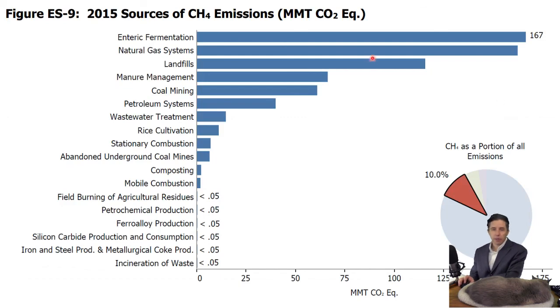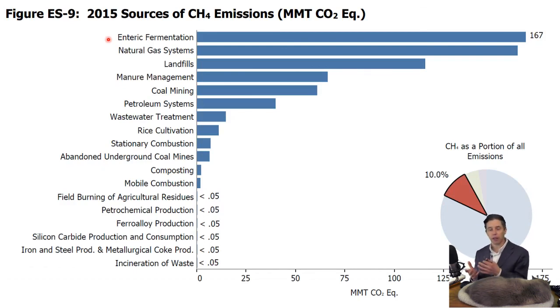When we get to methane, the number one source of methane in this country is something called enteric fermentation. What is enteric fermentation? Fancy way of saying cow farts. So cows, they eat grass, grass goes down, they got this weird four-stomach system, and so you heard about cows chewing their cud, right? So they chew this grass, it goes down, and eventually it comes back up, and they chew it for a while, and it goes back down, and there's bacteria down there, and the bacteria produce methane, and the methane sometimes comes out the front end, sometimes comes out the back end of the cow, but cows